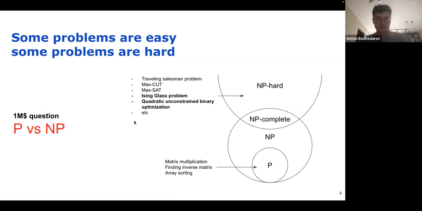Right now, what everybody doesn't know is whether P is equal to NP or not. And if we were able to solve some NP complete problem very efficiently, in polynomial time and with polynomial resources, it means that we could solve every NP complete problem. So that is a very important part of trying to find some algorithm to accelerate the solution of NP hard and NP complete problems.